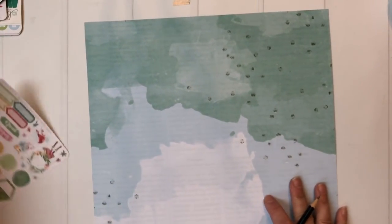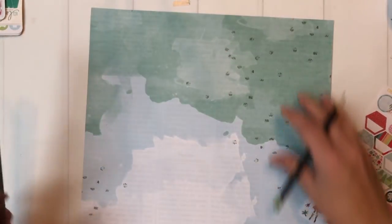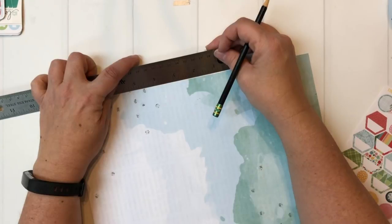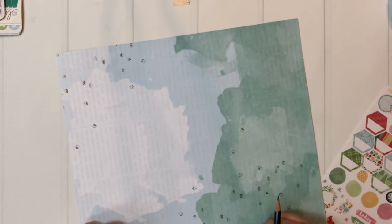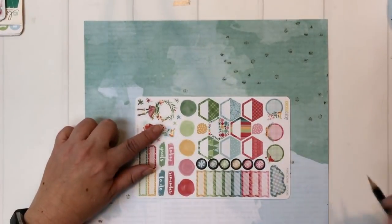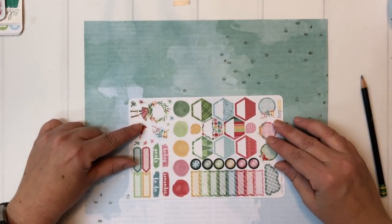Okay. And then the sticker sheet is about 5. So if I do 5 1/4, let me go 5 1/4 up from here. Actually, I think I'll go 5 1/2. I'm going to do 5 1/2 up from that bottom. Then I think that's where my top will fold down. So this will be here, here, like this. I think that'll be enough space,